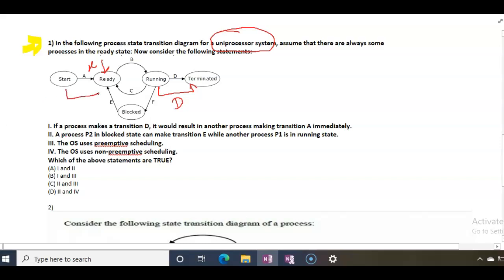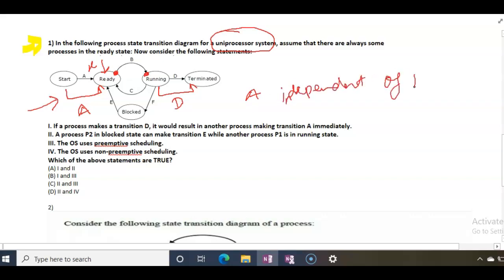So this transaction actually does not depend on this transaction, because this is how a short-term scheduler is managing from ready to running state. This is not dependent on this transaction. So this is independent of D. So transaction A is independent